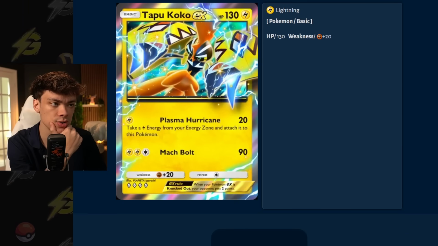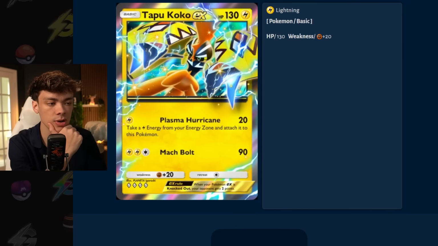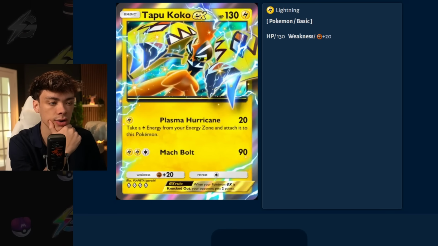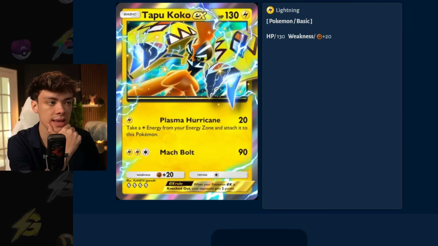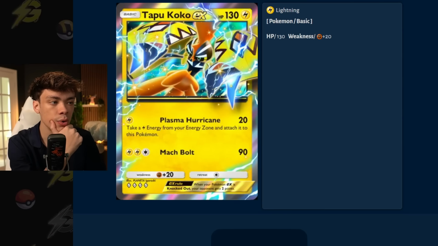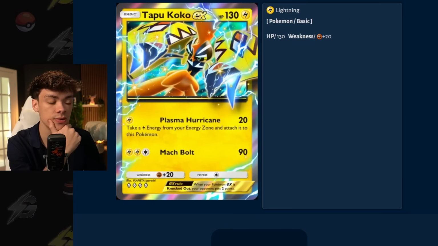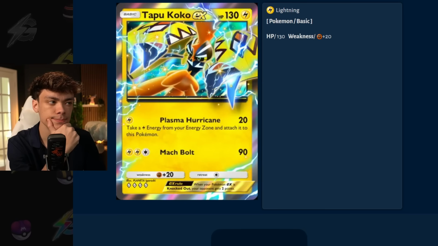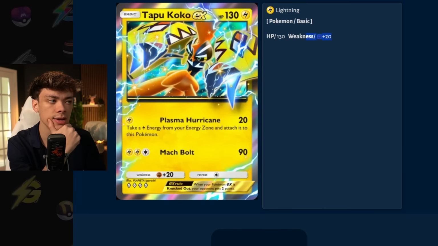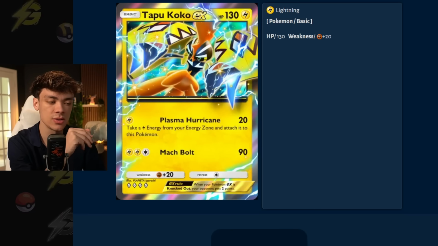You can also play it with Pachirisu. But realistically, you want to start with it, use Plasma Hurricane so you can put an energy on it and get that bonus energy. But I don't like starting with an EX in the active zone. The only deck that really consistently does that is Darkrai, for example, and that's because they have Giratina to follow up, and they're able to do that chip damage. And I guess Garchomp does that too, but that's just because it has an ability that does 50 for 1